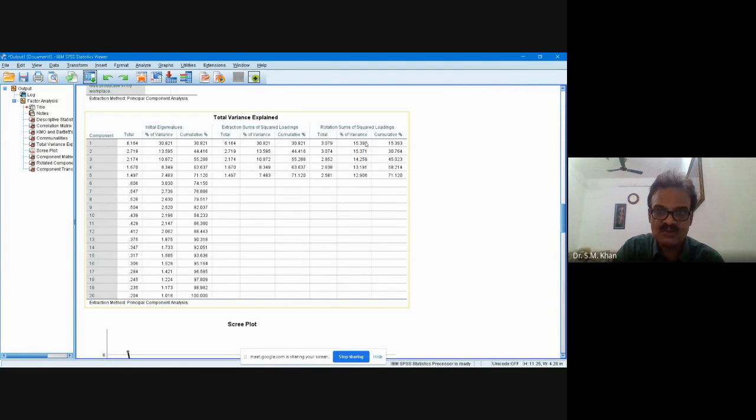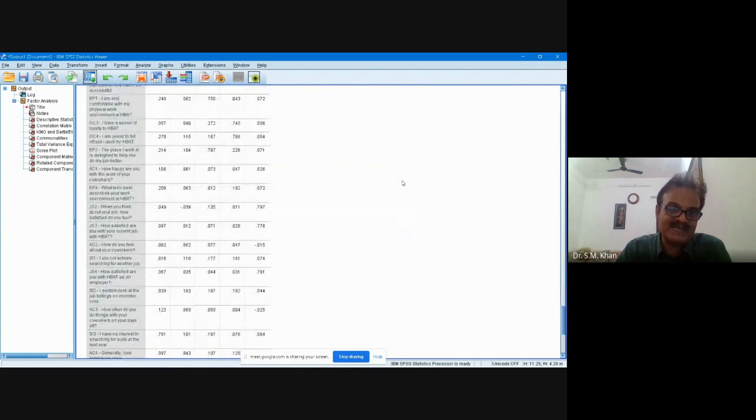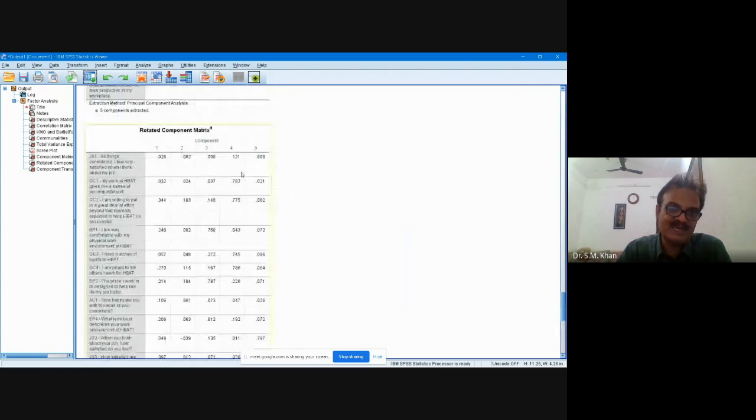Now see, uniformly, all the factors' contribution has now been distributed uniformly, which was not the case here. Now see, the first factor is explaining 15.39 and so on. And overall, you are explaining 71.2% of the variance. Okay. Now move towards the rotated matrix. This is the final matrix, about which you will draw a good result.